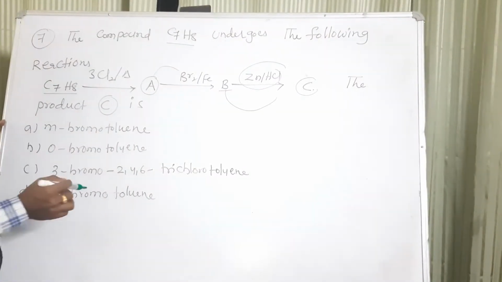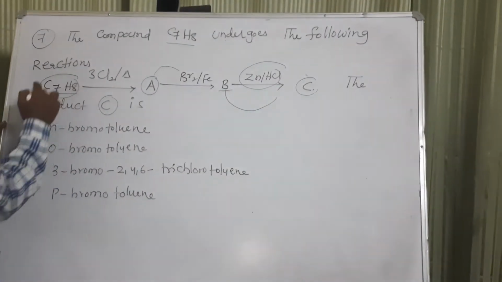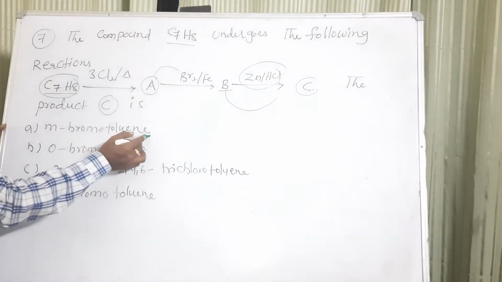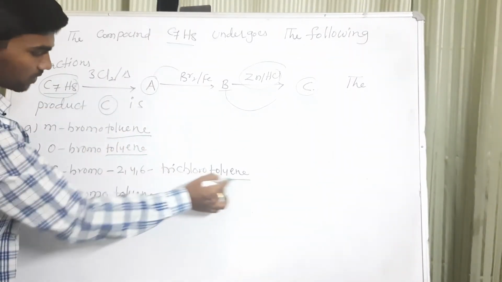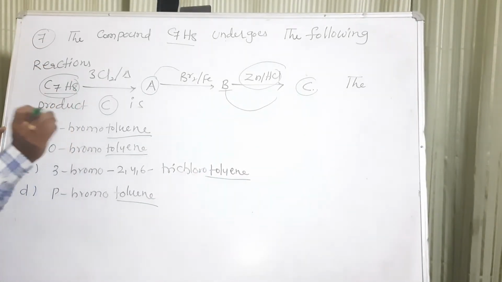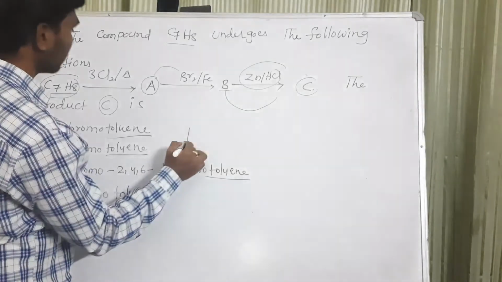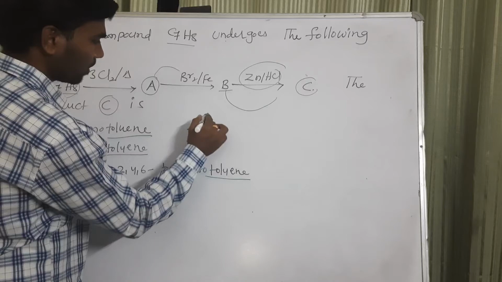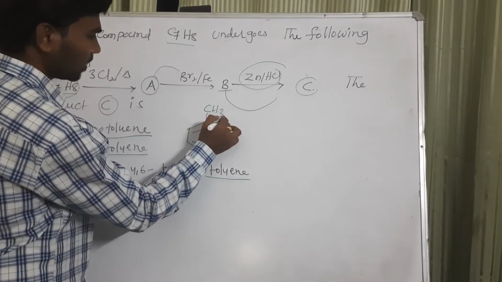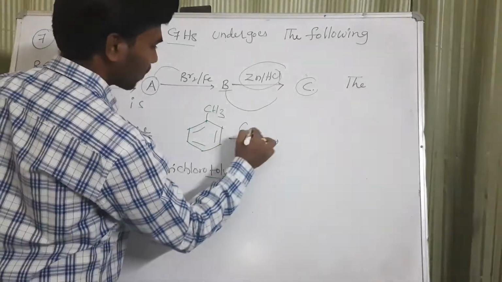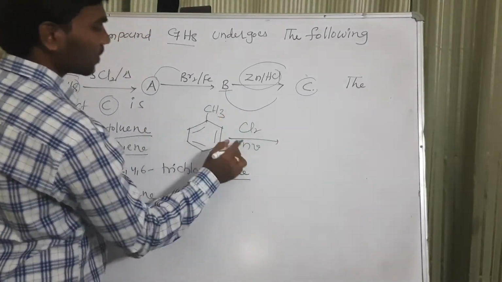So the first doubt will come: how to predict the C7H8 structure. In the options they gave one clue. In all options toluene is common, which indicates C7H8 is nothing but toluene. So this is the structure of toluene, right? When toluene is reacting with chlorine in the presence of heat,